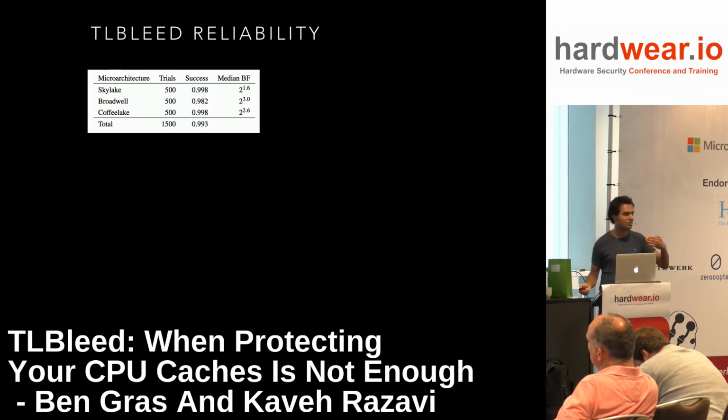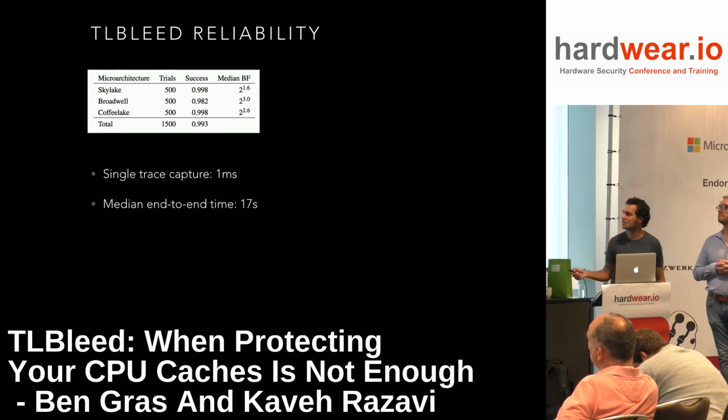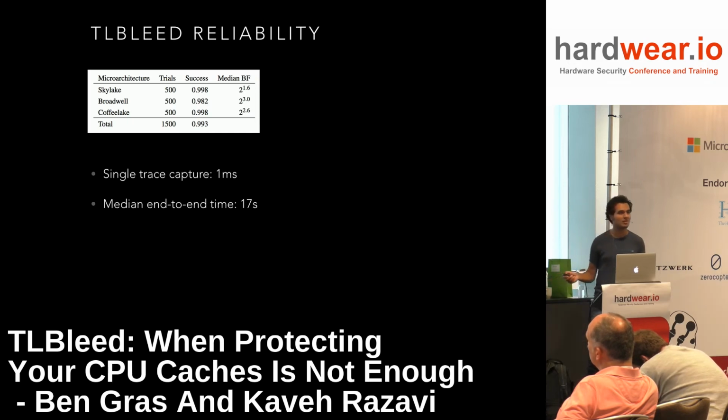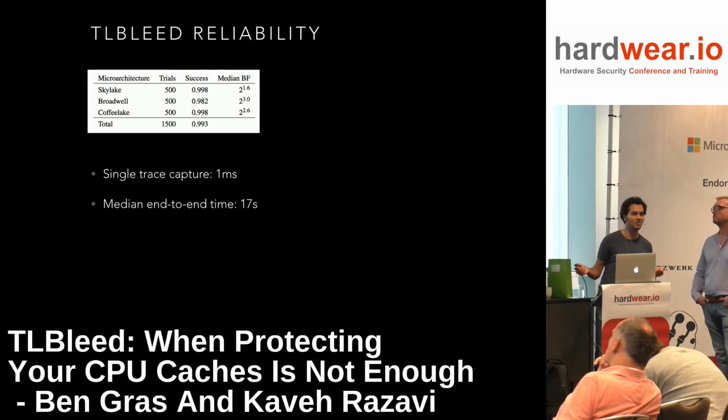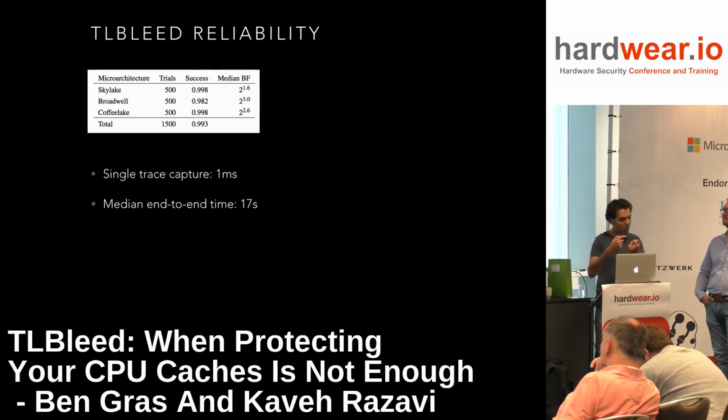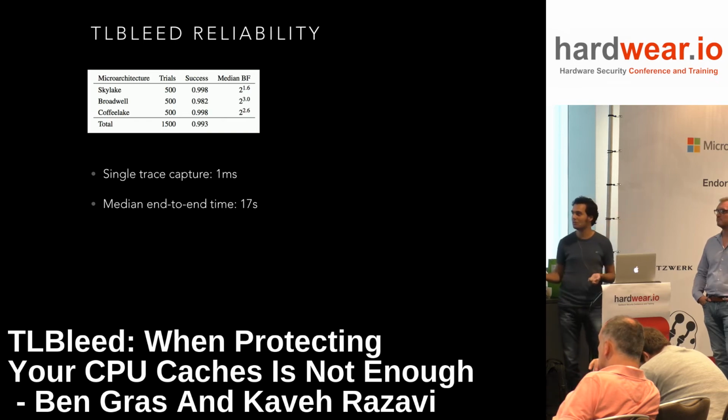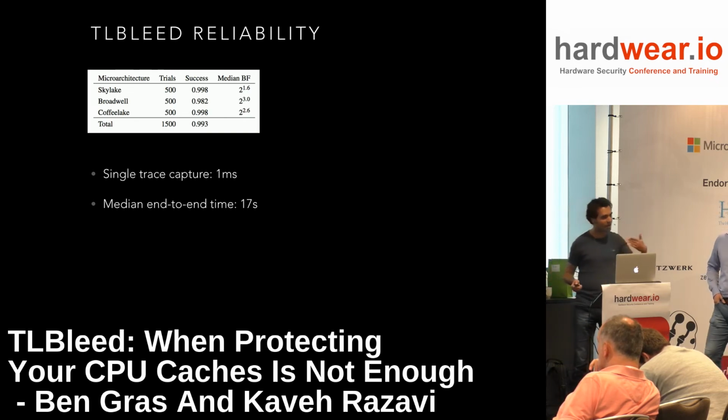Sometimes, of course, some bits of the key we misclassify. So the question is, can we brute force for the actual key? And here on the right side is the median, on average, of how many of the bits still require brute forcing. You can see that on average it's quite a low number of bits that we have to brute force. And all of this happens quite quickly, actually: 1 millisecond. If you can just get a capture of 1 millisecond of your cryptographic operation, this is enough for us to do about 17 seconds of analysis to actually figure out the key.